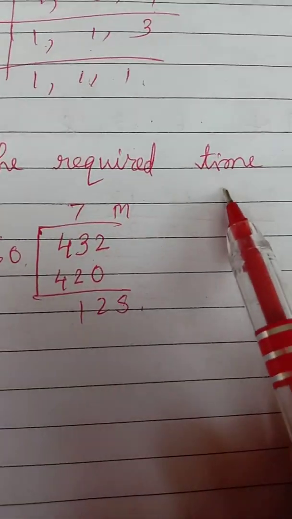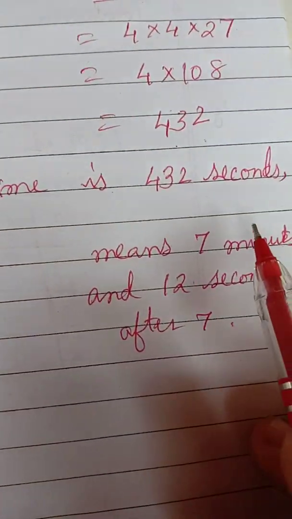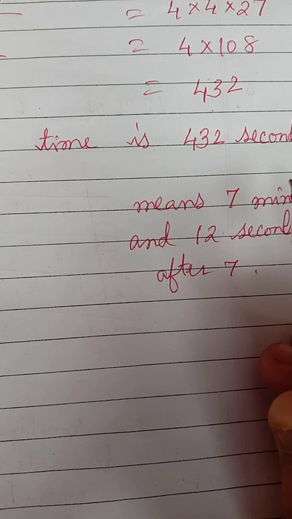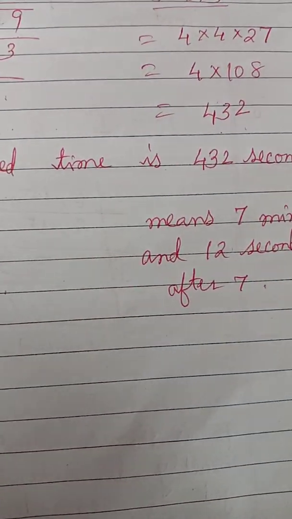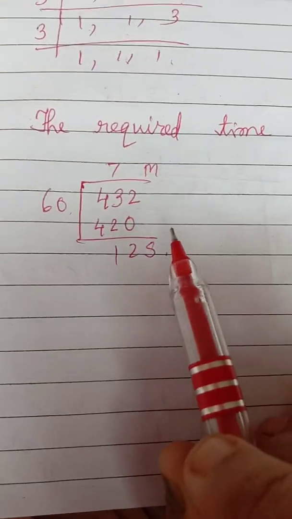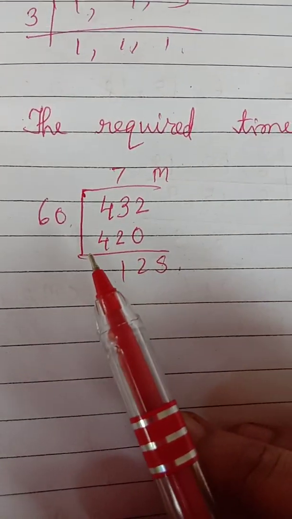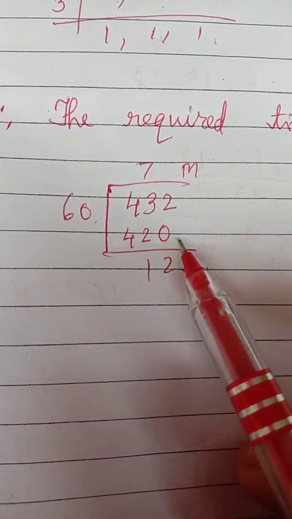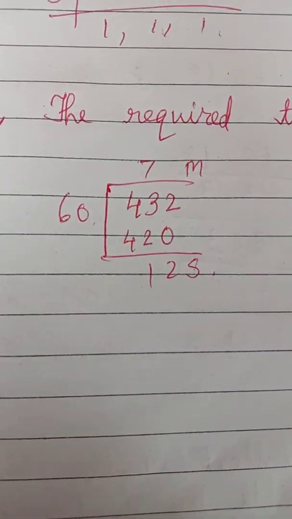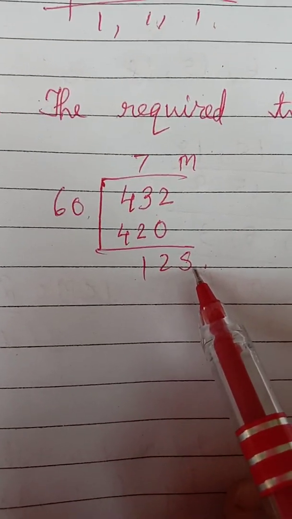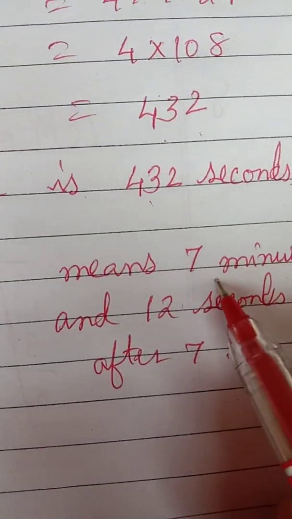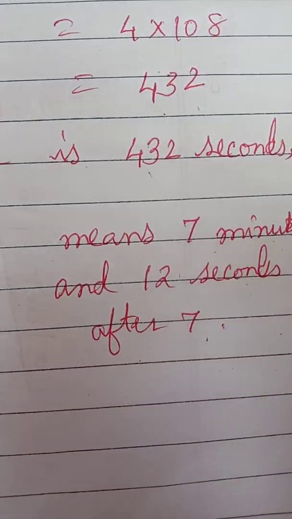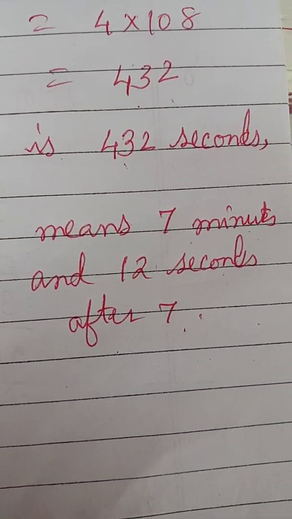Therefore, the required time is 432 seconds. So 432 seconds बाद ये वापस एक साथ बजेंगे, ट्रैफिक सिग्नल दिखाई देगा. So convert 432 into minutes. As we know, 60 seconds equal 1 minute. So divide it by 60. 60 7s are 420. The 7 is the minutes and the remaining 12 is the seconds. So it means 7 minutes and 12 seconds after 7, the signals will glow simultaneously.